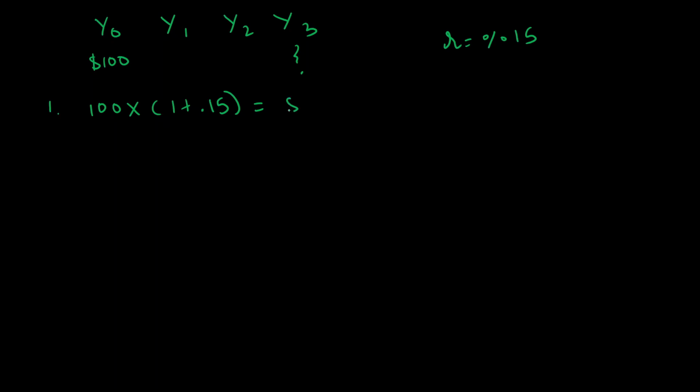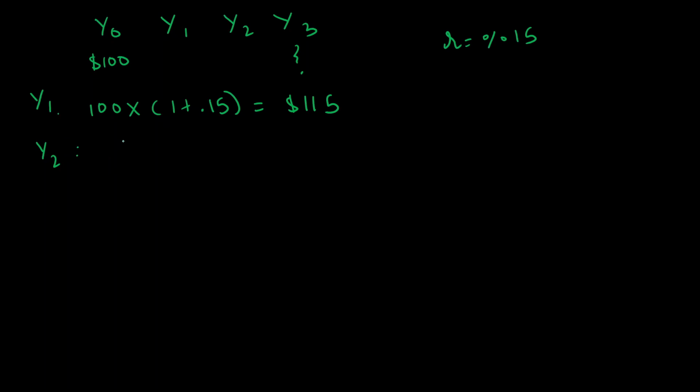Well, you have $100 in year zero. Now we are asking what will be its value, future value in year three. And do remember, your rate of interest is again 15%. Well, you deposit $100 today, and in year one, you'll get 100 into 1 plus 0.15, as we did in the last case. So that is equal to $115. This is year one. In year two,